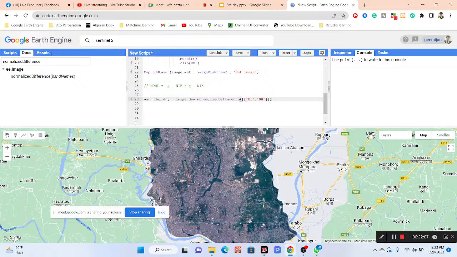So now it calculated the NDWI. Mainly this is the normalized difference function. It is computed as B3 minus B8 divided by B3 plus B8. This time I also simply copy the same code and then try to calculate the NDWI